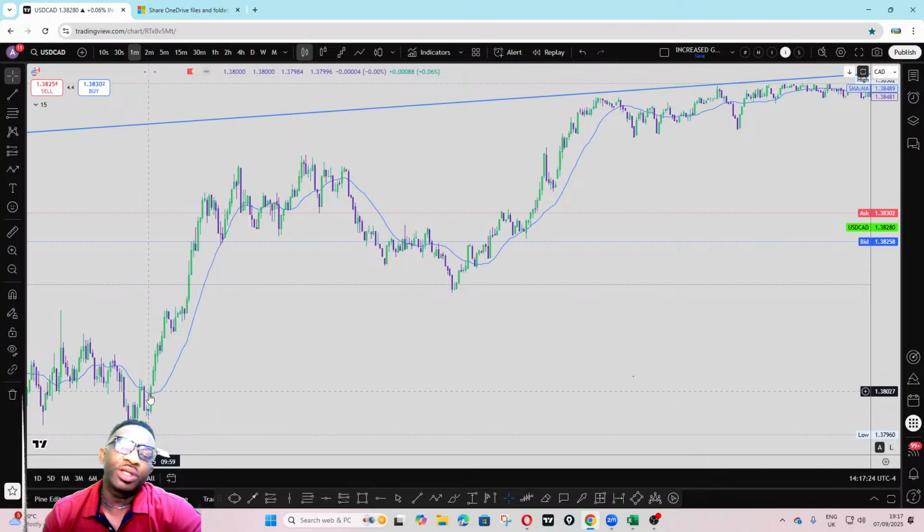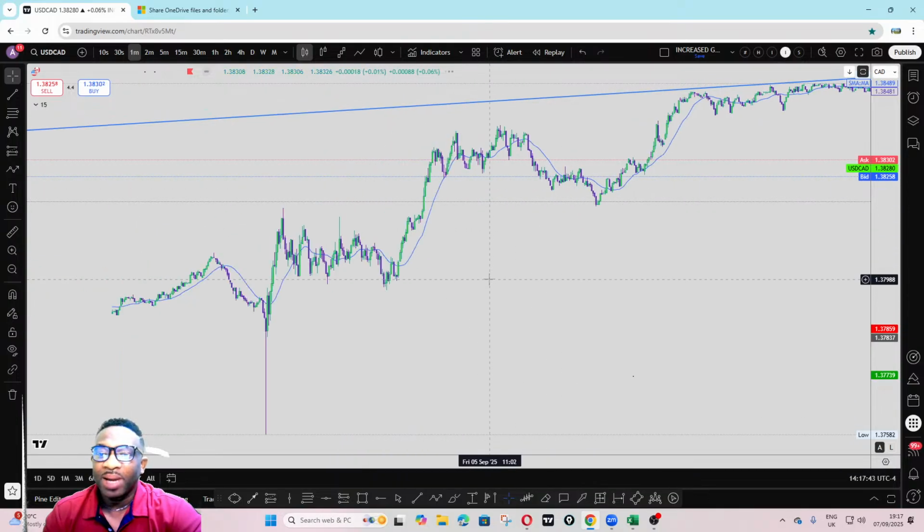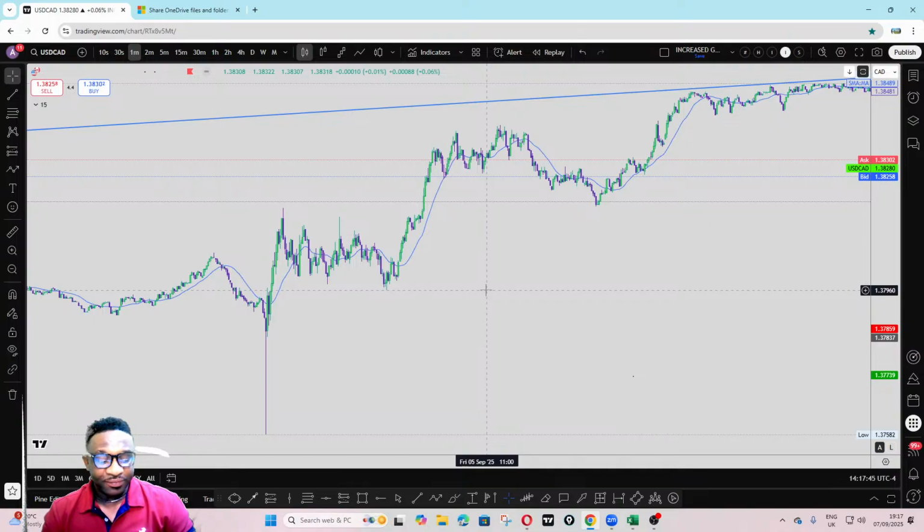So if you are trading on the lower time frame, 1 minute, 5 minutes, 15 minutes, or whatever, all you have to do is, if the higher time frame is telling you an uptrend, wait for price to come back to give you an opportunity to take a buy,